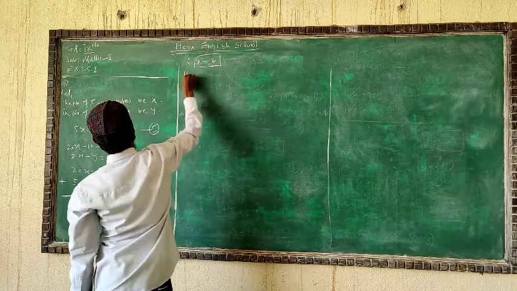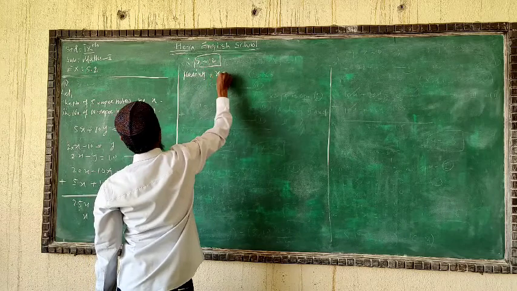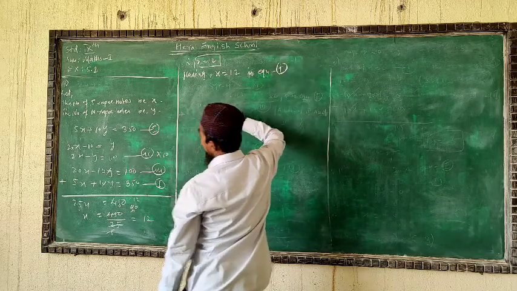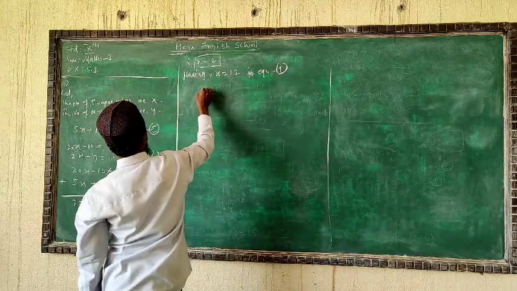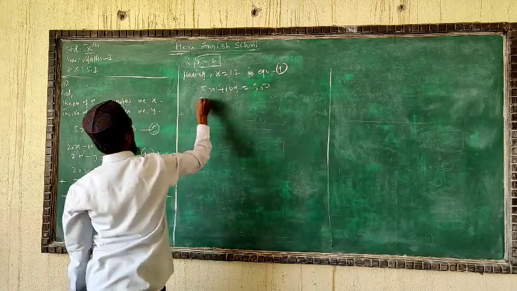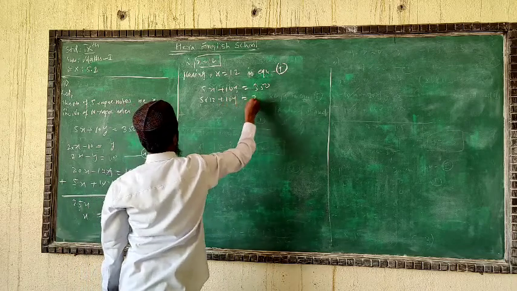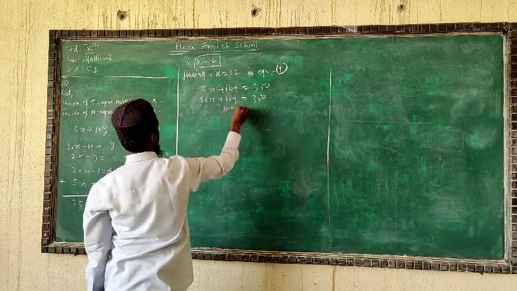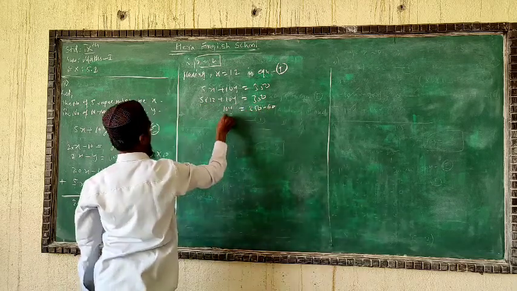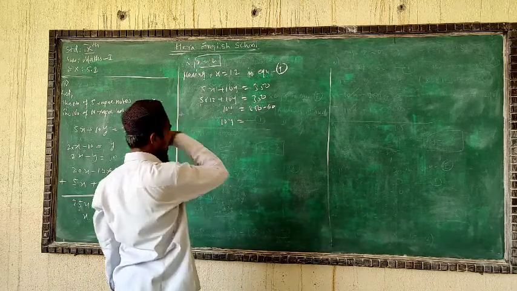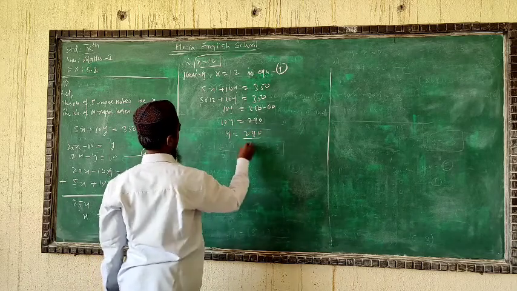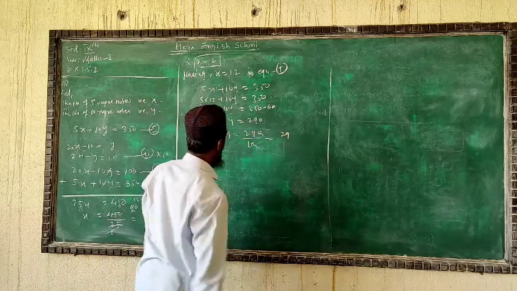Now by placing x is equal to 12 in equation 1, the one equation is there, 5x plus 10y equal to 350. 5 into 12 plus 10y is equal to 350, 10y will be as it is, 12 5s are 60, bring to the right side. 350 minus 60. The 10y is equal to, if you subtract, you will get 290. Then y is equal to 290 divided by 10. You will have here y is equal to 29.